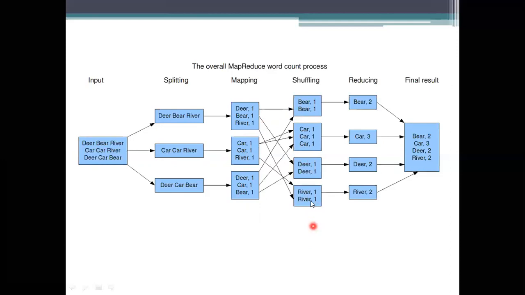So that's why we are maintaining some data elements here. First we perform the sorting and also the combining, which you can take as grouping here. So the complete step can be taken as shuffling. This shuffling takes the sorting and the grouping into a single task. Here it takes deer, car, and river. Deer has been used two times, specified as one and one, and car has been used three times, represented in three different lines like that.